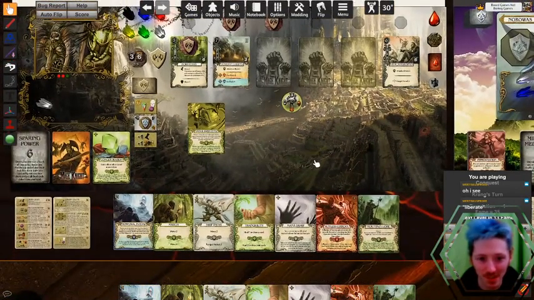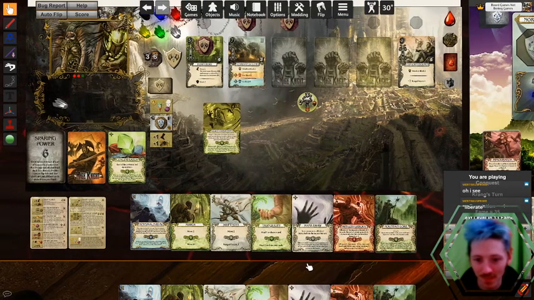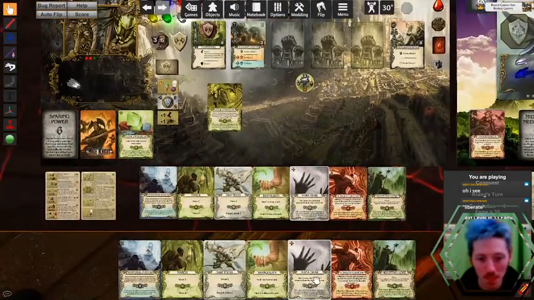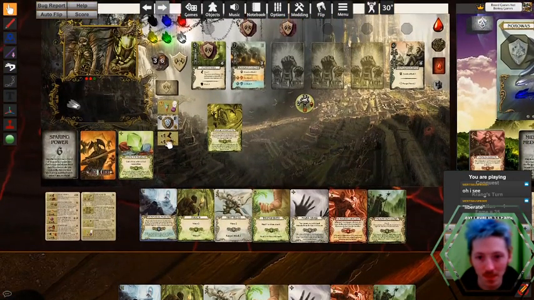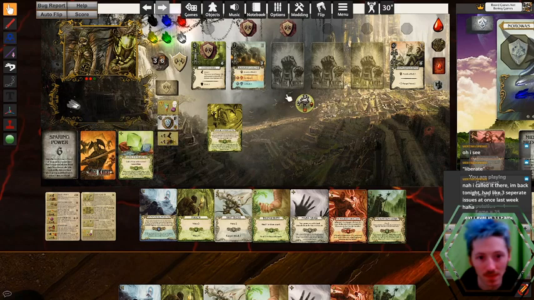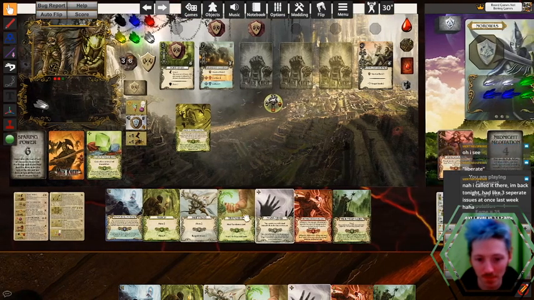So how are we going to generate our block? I think we're just going to have to chuck a good few cards. We can get 1 extra block from this. We only need 3 block. So that could be...